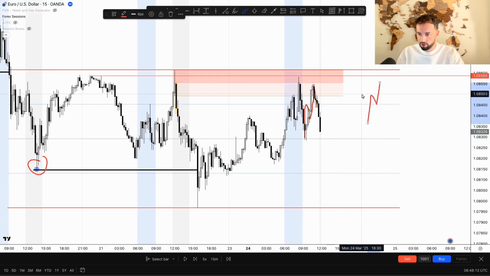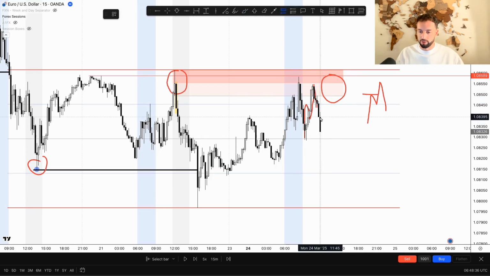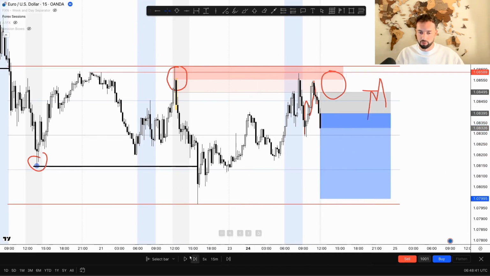What fractal highs show us is sell orders coming into the market from the major players. And because this is happening at a location on the charts where we expect price to react from and see continuation, the only thing that we need to do is get the direction correct, wait for the session where we know that there's likely to be a 30 to 40 pip move, and just play alongside the direction. So I always just enter at market open here, again with a 1 to 4 risk to reward, and I've got the direction, right? The fractal high shows me a sell order coming into price where we anticipate the continuation